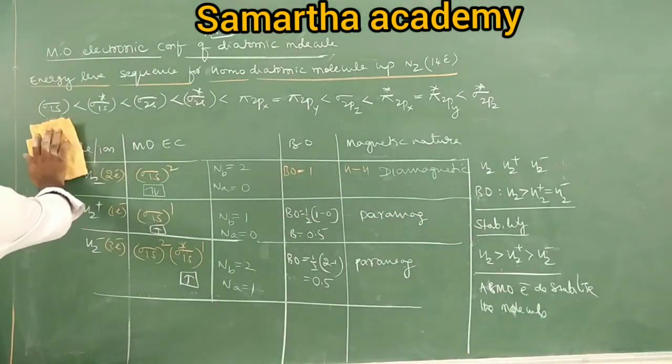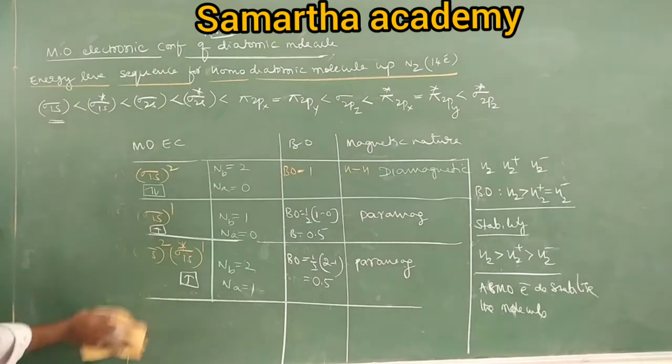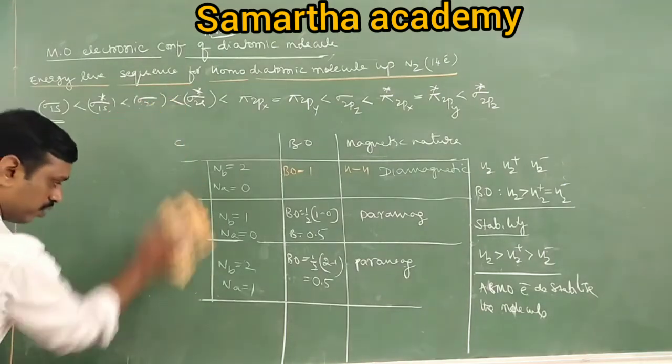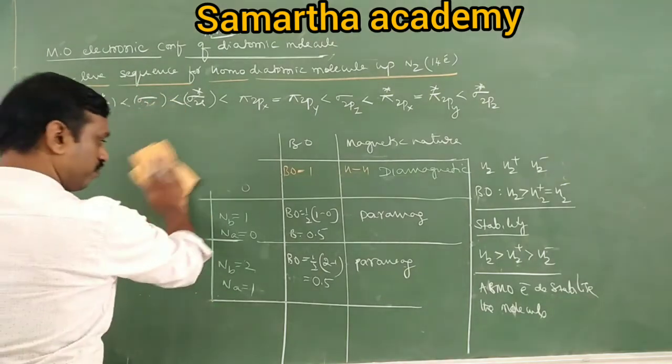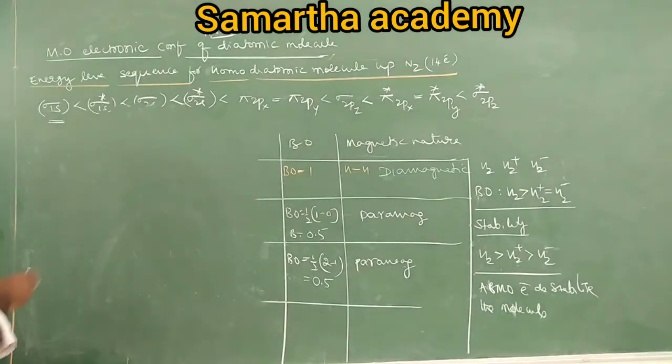Okay, taken. Then similarly, write down the question. Write the molecular orbital electronic configuration of the following and calculate the bond order of the following. Take this: